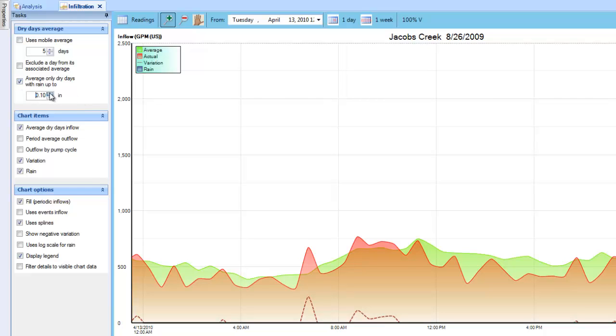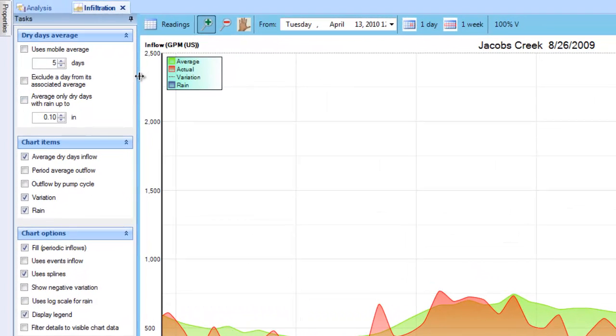And then you can say, well, 1/10 of an inch will go up to 1/10 of an inch, or 2/10 of an inch, however you want to select that. Okay, for the readings report,